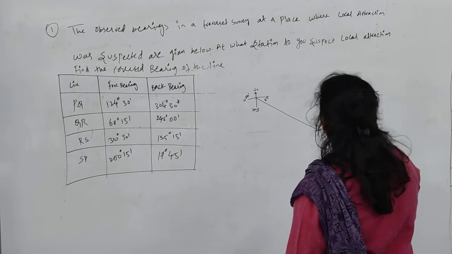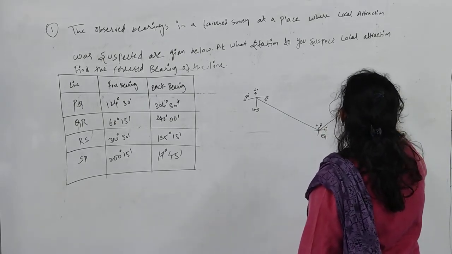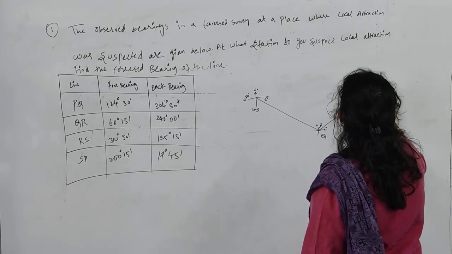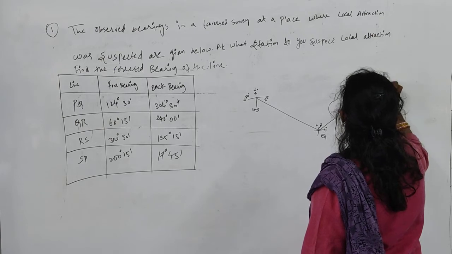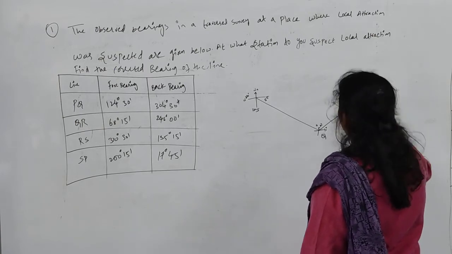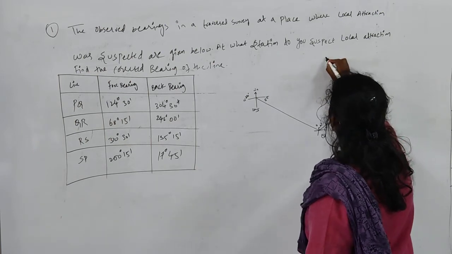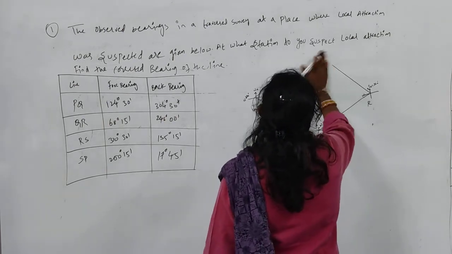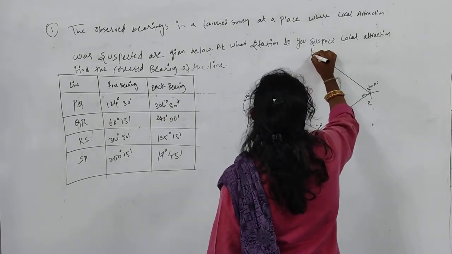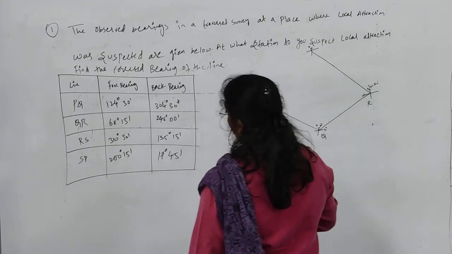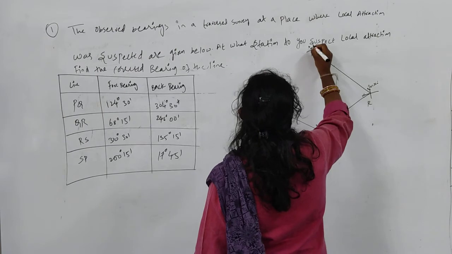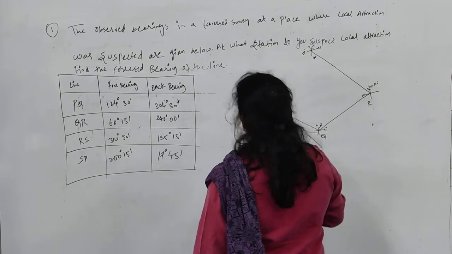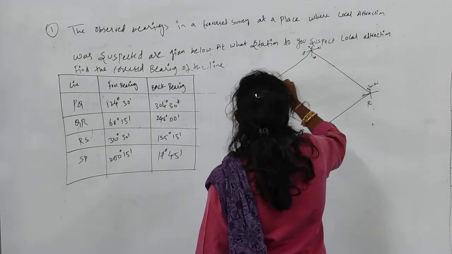Next third one is RS, at station R, where it is between 270 to 360 degrees. So I have already told you 0 or 360 degrees. So here north is there. It lies in the 4th quadrant. And next station is SP, right? It is lying in the 3rd quadrant. 0, 90, 180, 270, right? Here it is the 200 degrees.